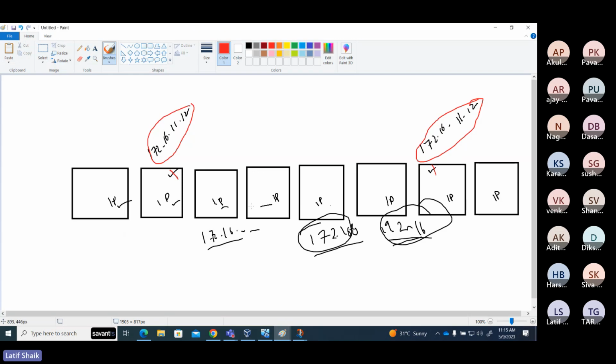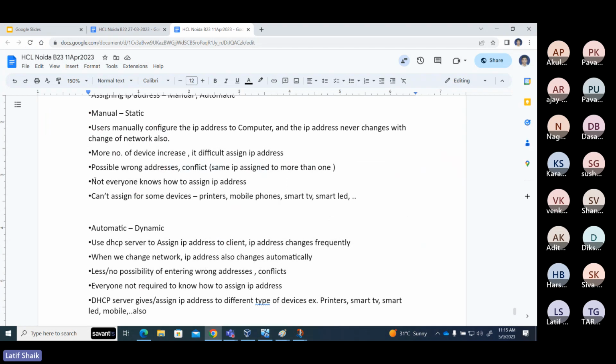In a home also we have multiple devices. We have TVs, mobile phones, laptops. People are using laptops, but they don't know how to assign an IP address, right? Not everyone knows how to assign an IP address. And not only computers, guys, there are a lot of devices nowadays we are able to connect in the network. For example, smart TVs nowadays, your mobile phones,